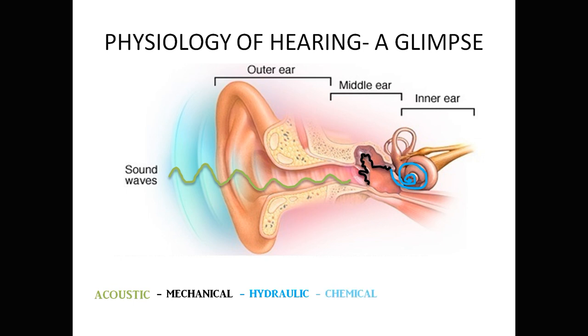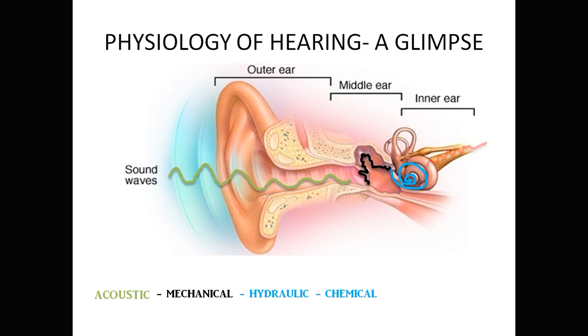Then hydraulic to chemical. When the stapes moves inward and outward of the oval window, the basilar membrane in the cochlea will be set into vibration. So here the vibration will lead to generation of potentials. In the previous video we discussed the cochlear potentials. So there the neurotransmitter release, that is called chemical, because the electrolytes, sodium and potassium, neurotransmitter release, all are chemicals. So here hydraulic to chemical, that is not shown in the picture.